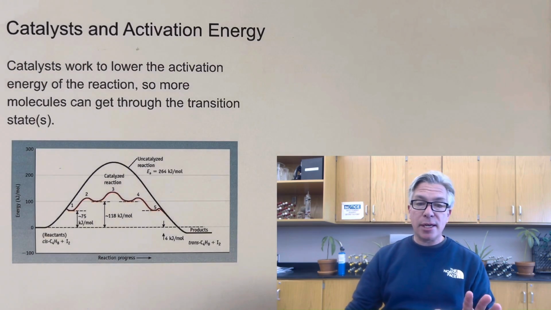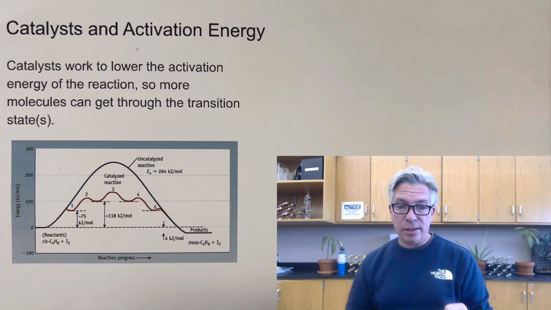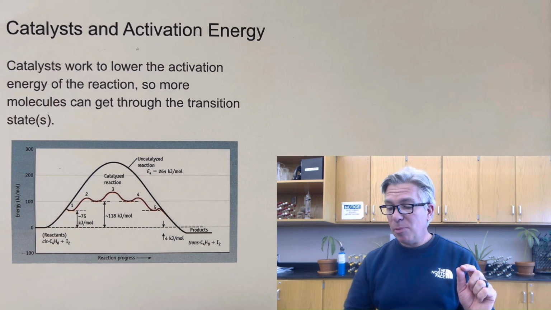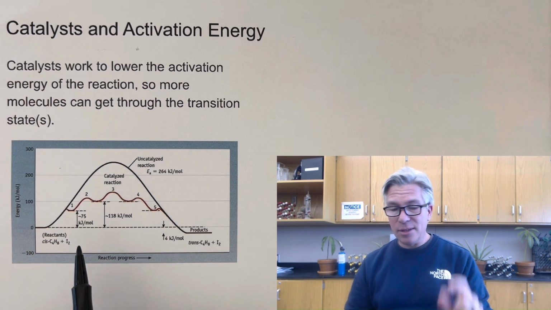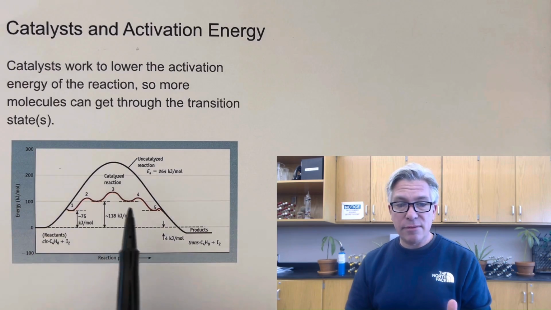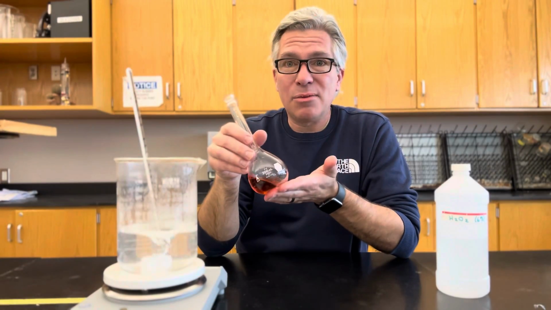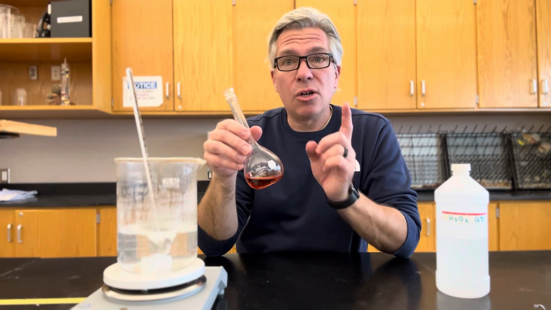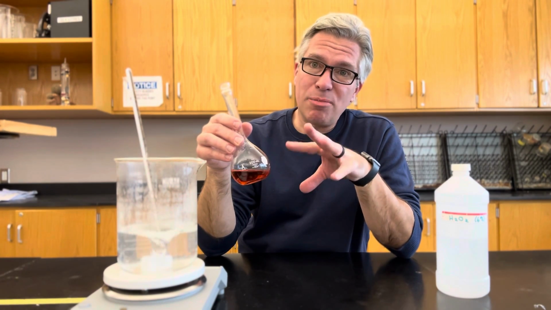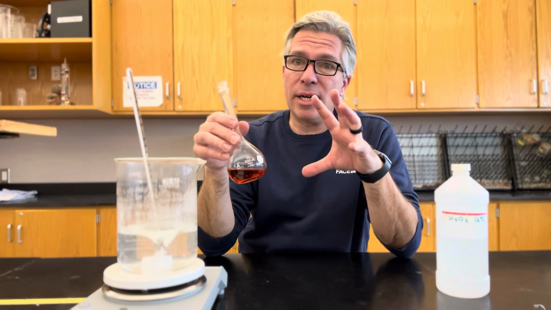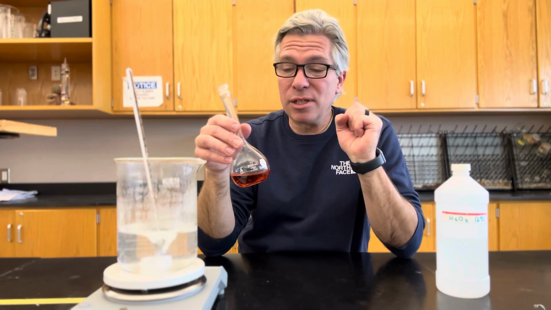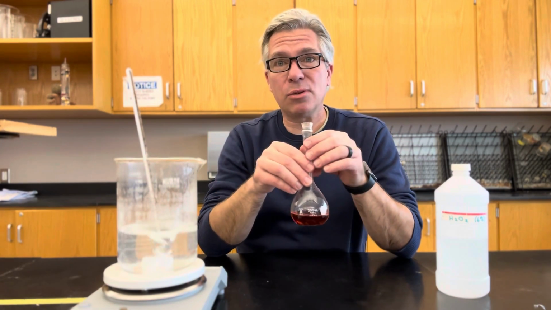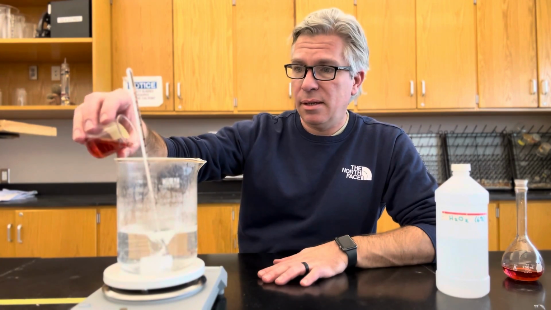And finally, the fourth thing I could do to speed up a reaction is add a catalyst. Catalysts work in a few different ways. One of the biggest ways is by lowering the hill. They lower the activation energy that is needed for those molecules to react. What I'm holding here is a solution of cobalt-2 chloride in water. Cobalt-2 ions have this nice reddish, pinkish color because of the way they reflect wavelengths of light, and that's really cool. But cobalt will actually act as a catalyst for this reaction, and we'll get that into